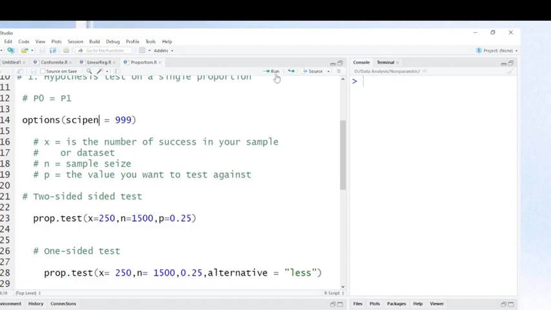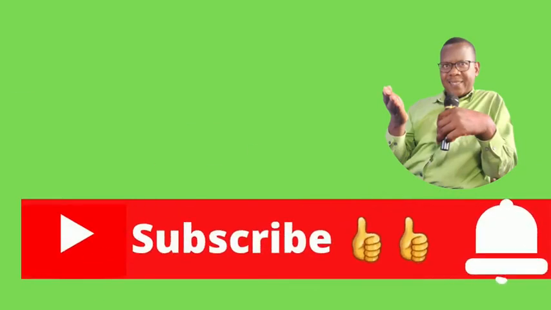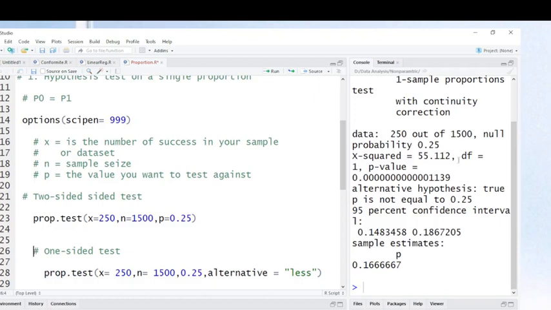Let's run these commands. This allows me to have values in numbers, not in standard scientific format. And let's run these tests. You will see the p-value. Here, this is the chi-square. This is the value, and this is the degree of freedom, and the p-value, as you see here, is less than 5%, and as you can see here, this proportion here is